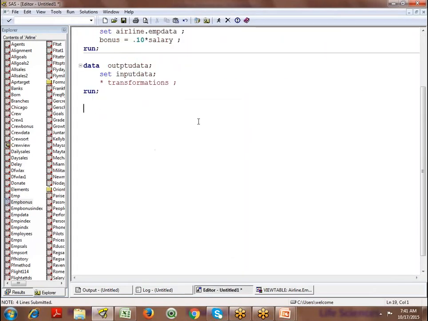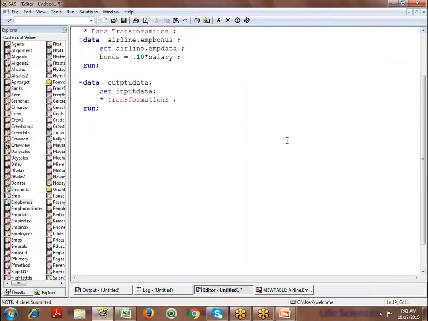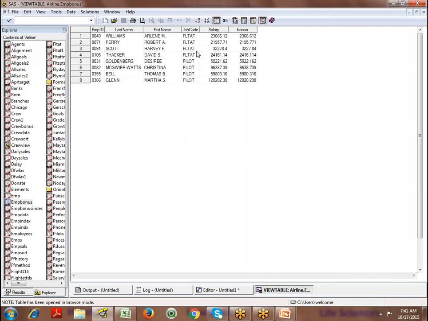So this is data transformation. So now let us see. You can just look at the output table now. You can create various kinds of output reports. For example, in this one, I would like to create a summary report.